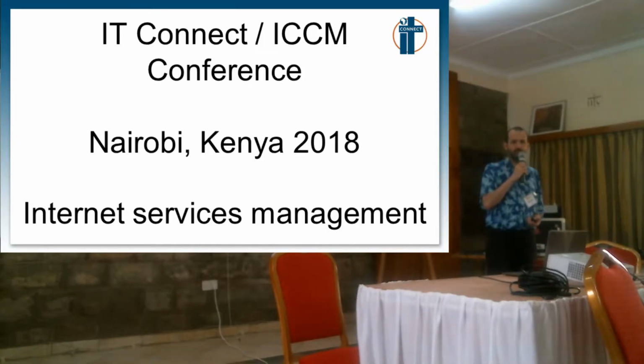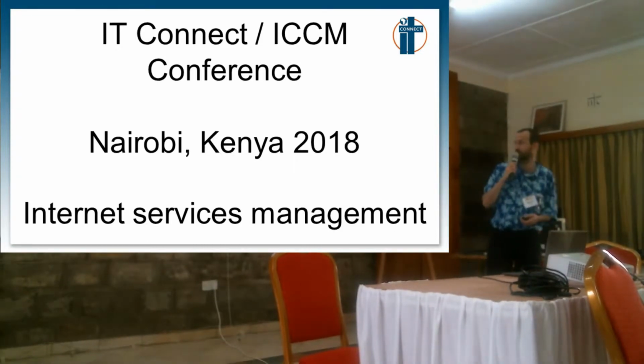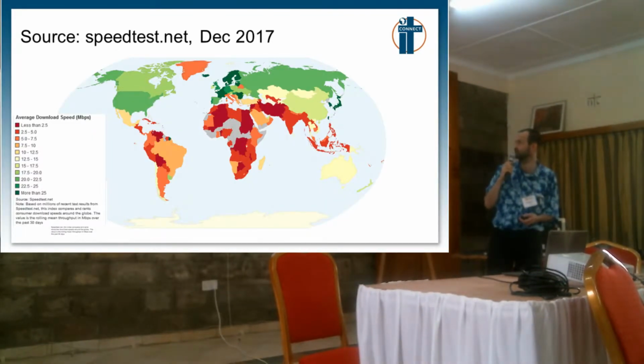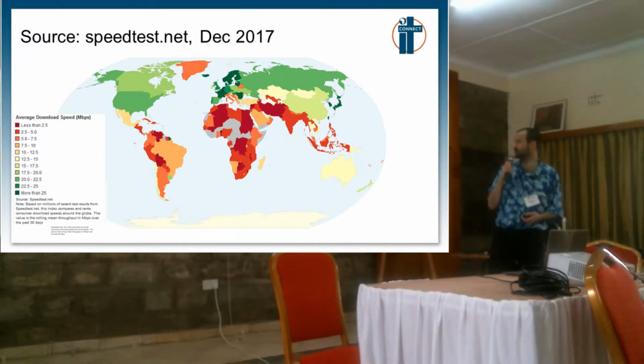So I'm going to start by showing, I think, a slightly updated version of something which Bill already showed earlier this week. This is a world map of average download speeds. And you can see that there are some green areas and some brown areas. And I guess it should come as no surprise to us that the brown areas, a lot of Africa is